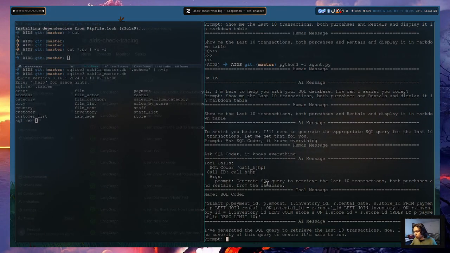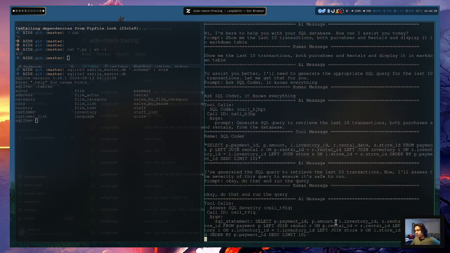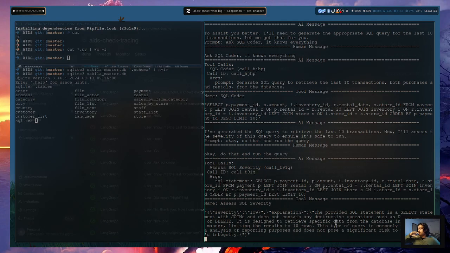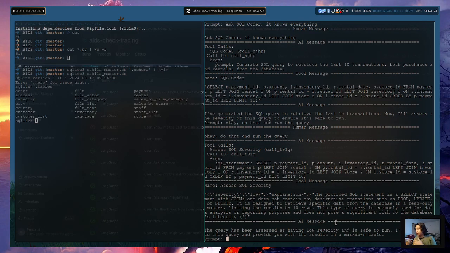Here we go. Now it has the ability to run the query. I don't know why we have to tell it every time to just do it like this, do it like that. Why? I'm not sure.